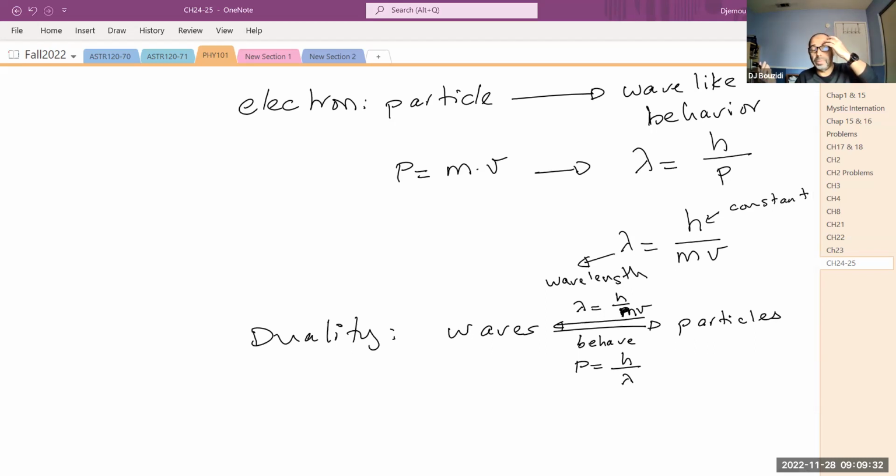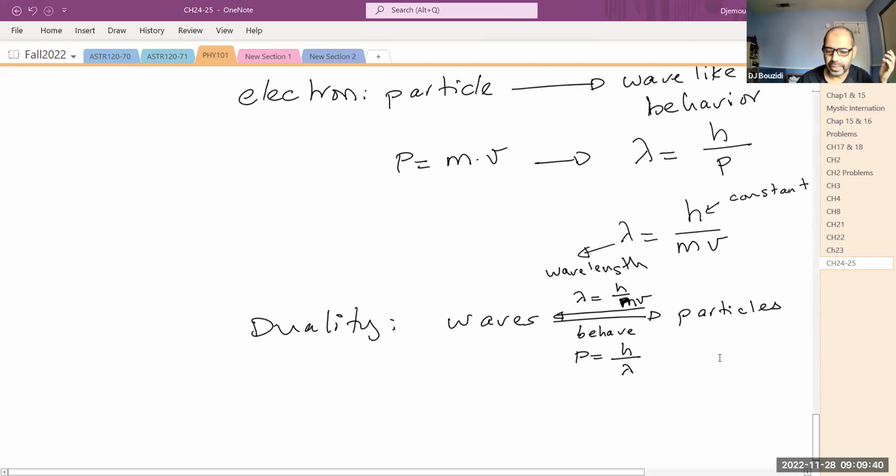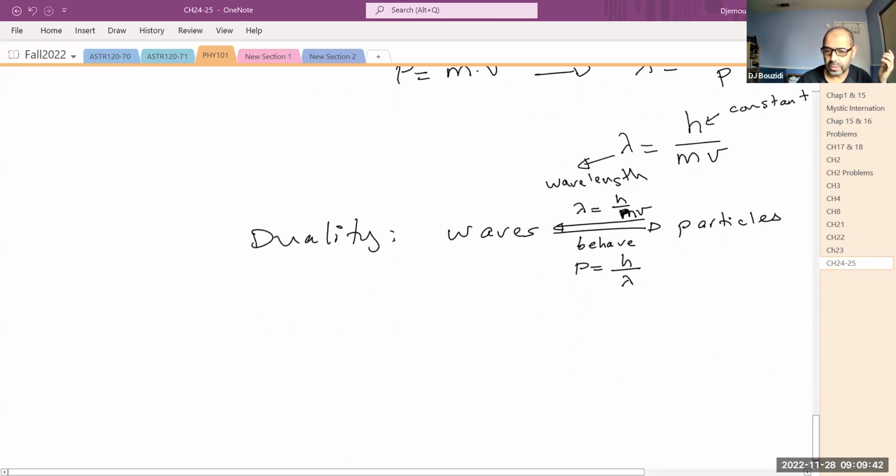Everything seems to be fine. Of course, he didn't have an experiment to support his arguments. We have to find the wavelength for the electron to do that. And sure enough, actually concurrently with his work, there was an experiment that was conducted by,